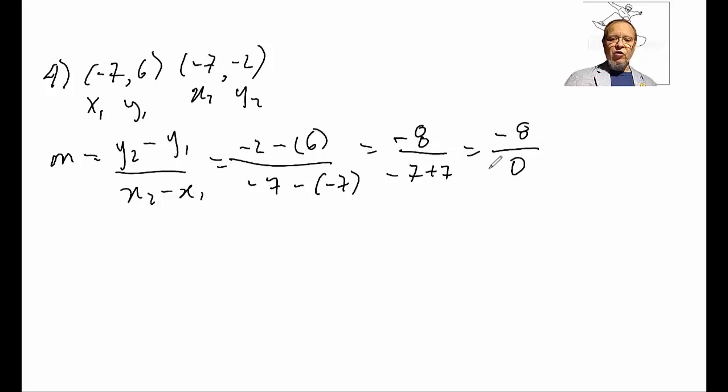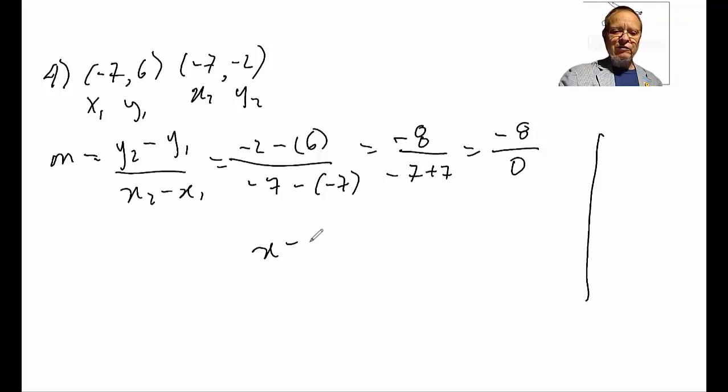Oh no, it's over 0. Well, that means it's undefined. And when we talk about a line that's undefined, we talk about a vertical line. So what does that mean when we graph it? Well, that will mean that x is equal to -7. So if I was to graph that,